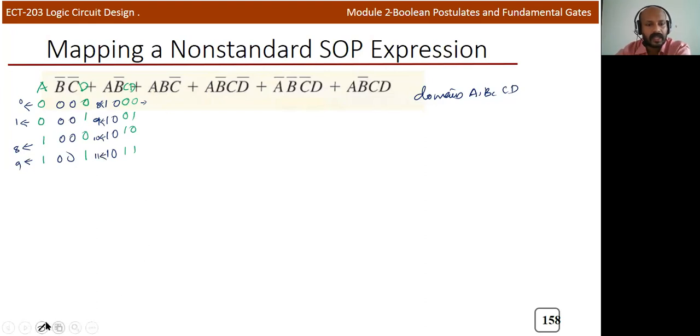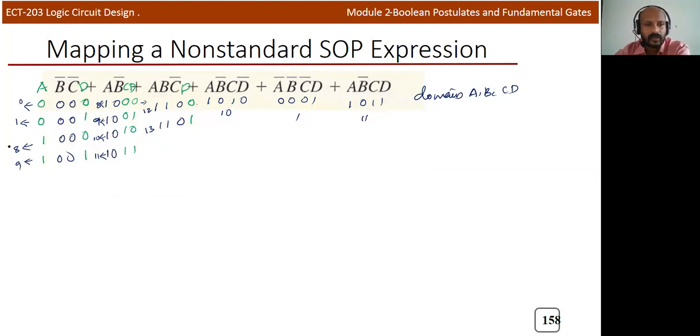Now we can look at A B C bar. Here the missing domain variable is D, so there are 2 options, 0 and 1. D can take 0 and 1. The other values I can fix as constants, 110 and 110. So it represents 12, and this is 13. Now for the next term I can write 1010, which is 10, and 0001, which represents 1, then 1011, which is 11. So now we can indicate all these values in a K-map.